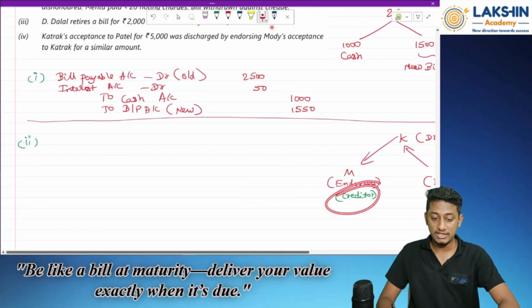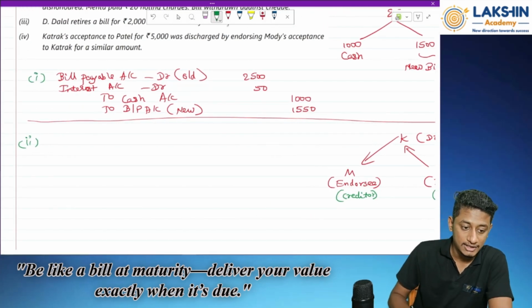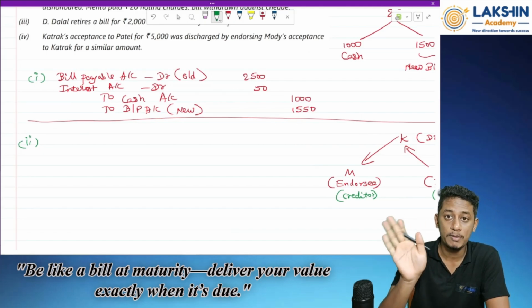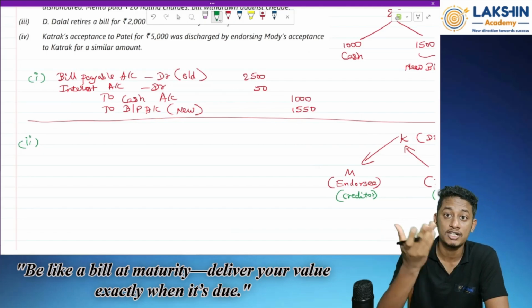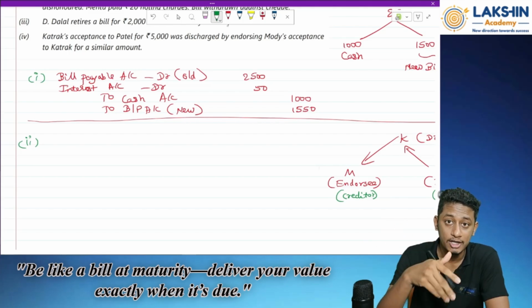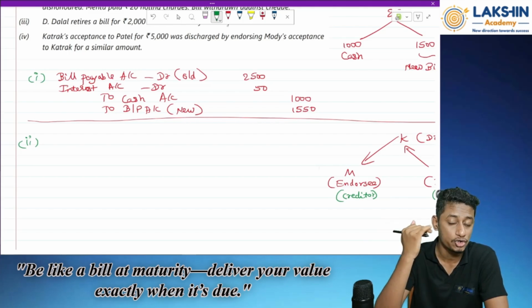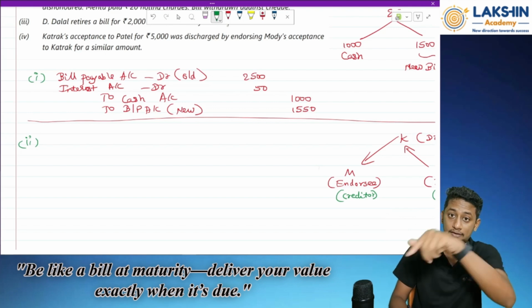So now, because of the dishonor, I am reversing all the entries. I am reversing both the accounts. Can I open the bills account? Can I open bills payable or bills receivable account? No, sir. Why? Because it is dishonored on the due date, so this bill is no more valid. I cannot show it as an asset or as a liability. So instead of that, what will I do? I will show